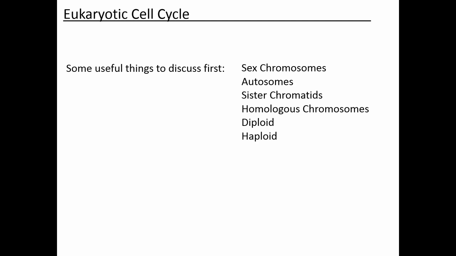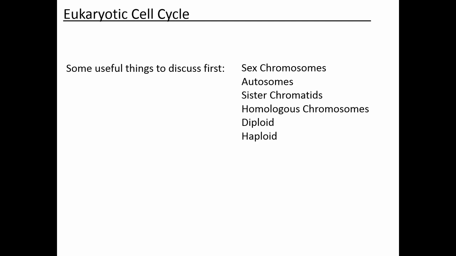For every cell in your body except for your gametes, and your gametes are, if you're a female, eggs, and if you're male, sperm, with the exception of those cells, all the cells of your body have 2 sets of chromosomes in them. You inherited one of those sets from your mother, so you inherited 23 from your mother, and then 23 from your father. So that means that, again, with the exception of your gametes, your cells have 46 chromosomes inside them.